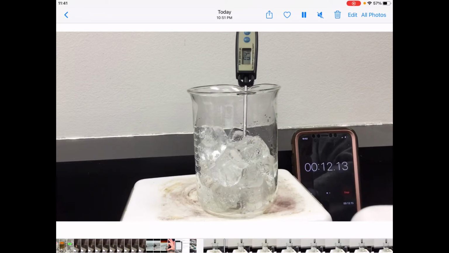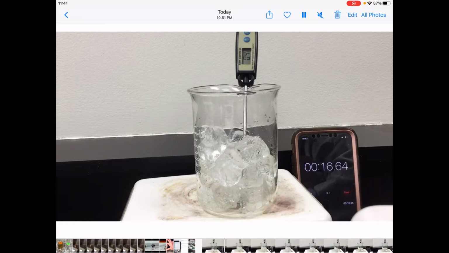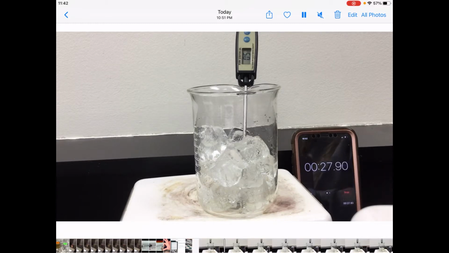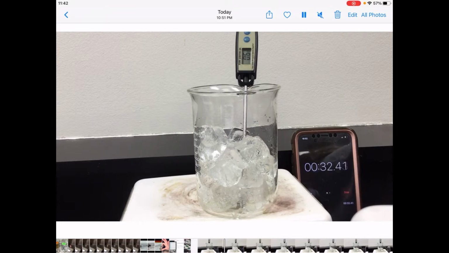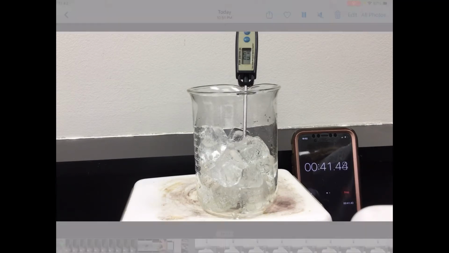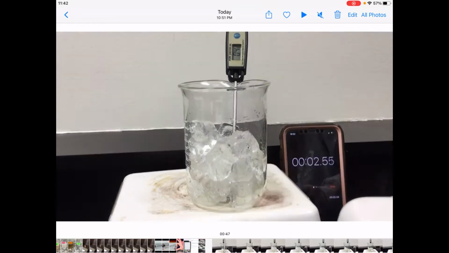You'll inevitably see, especially when the ice is melting and you have a mix of solid and liquid water, some really weird fluctuations in temperature. It's going to go up, then down, then up, then down. That's just because you have cold ice mixing with water that's starting to warm. No matter what, just pause the video at the 1 minute and 30-second marks or whatever, and record the temperature anyway. So I missed that one, but back at